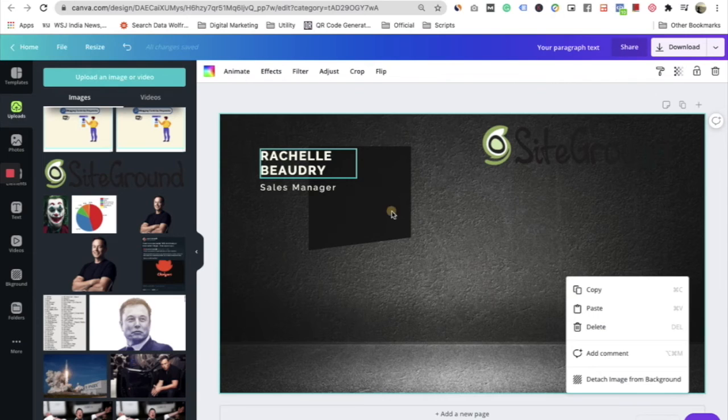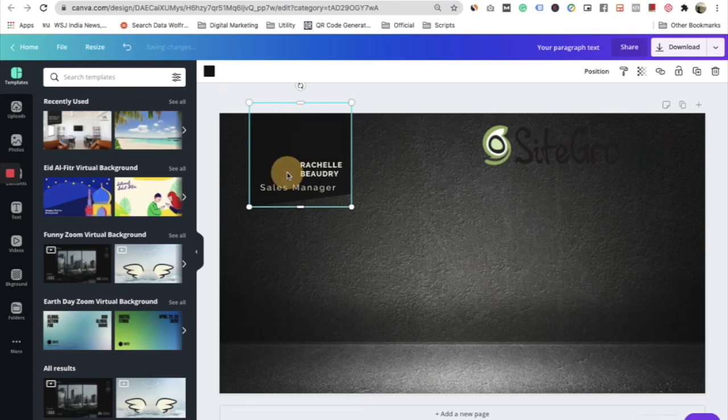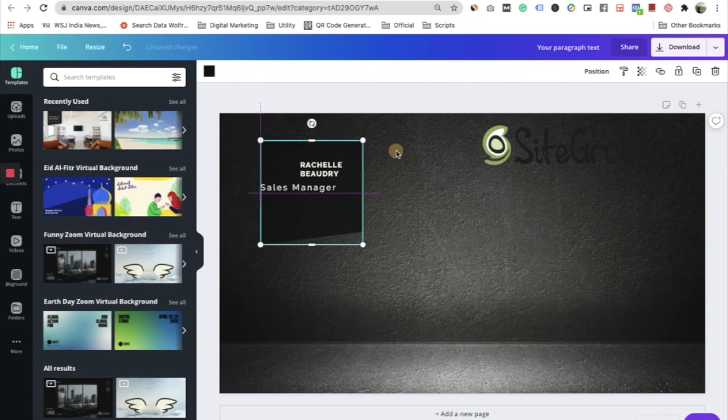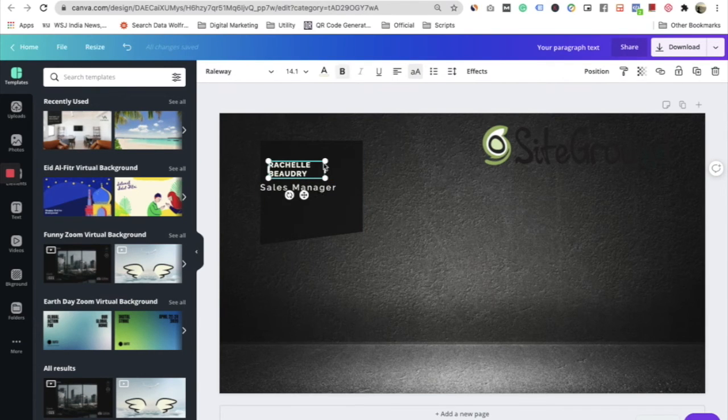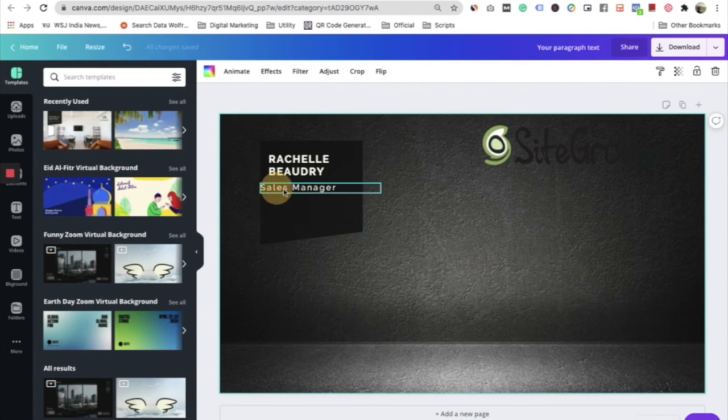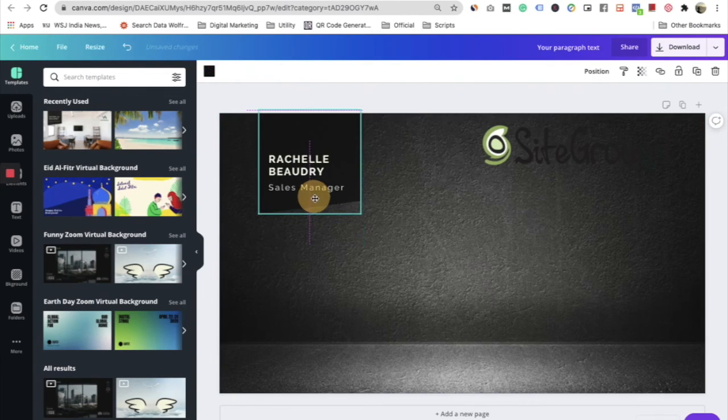So you can adjust literally each and every element. Okay, so let me quickly adjust this. You can drag and drop wherever you wish to. So let's say the name is there, let me adjust the text. Okay, and if you want to make it bigger, you can control that. Let me try to adjust it a little bit. So probably it must be looking much better now, right?